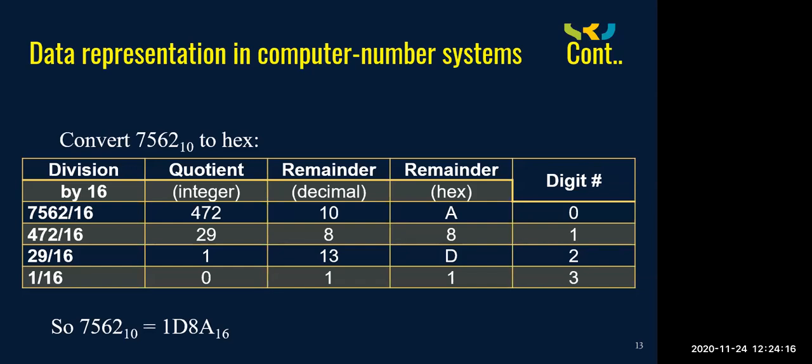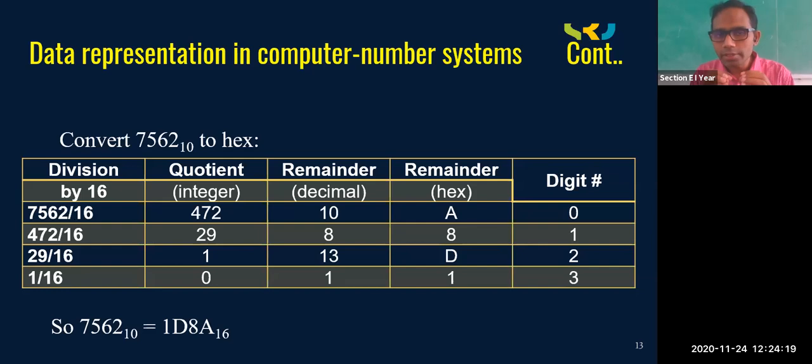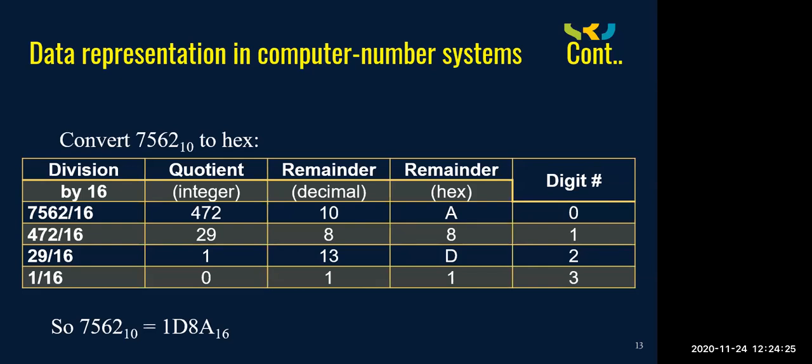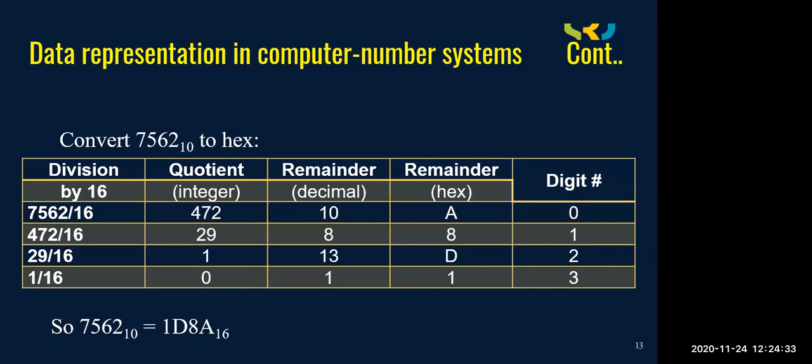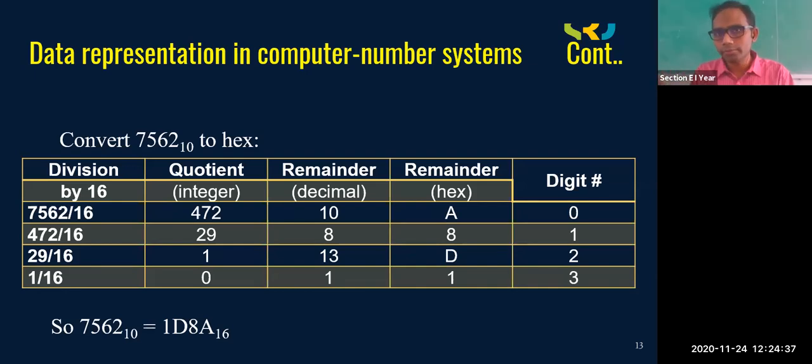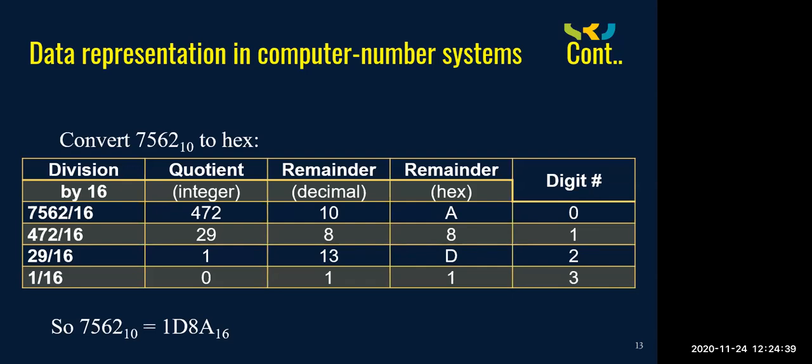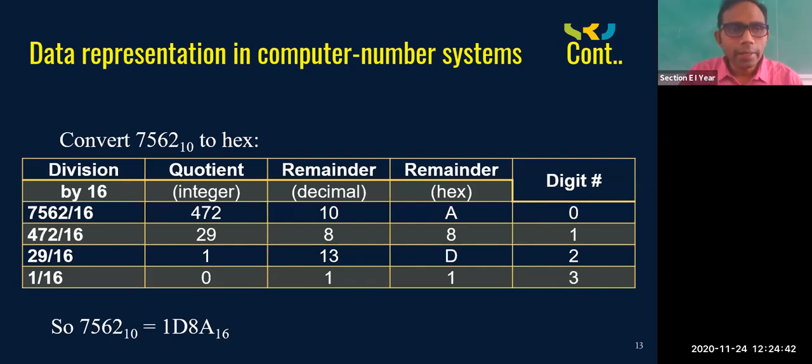If you are having a fraction part, again you are going to do the same concept. Multiply the fraction by 16 till it becomes 0. If the input is having a fraction point, a dot, multiply the value after the dot till it becomes 0. How many times you multiply, add those many number of zeros. So that is converting a decimal number to hexadecimal number.